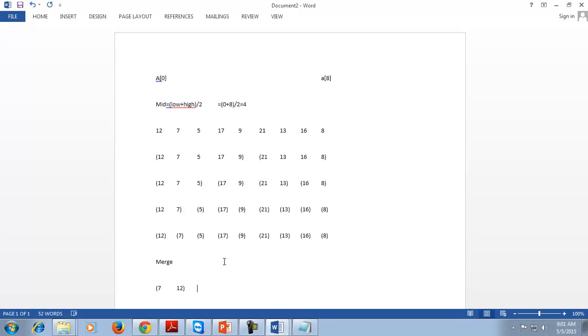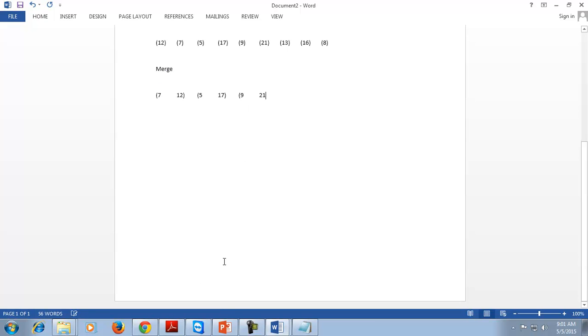Similarly, we will compare 5 and 17. 5 is less than 17. 9 and 21. 9 comes before 21. Then 13 and 16. And then 8. Again, we will compare these two lists.